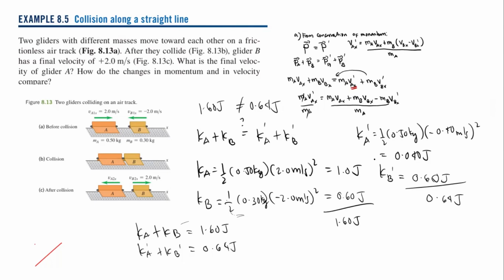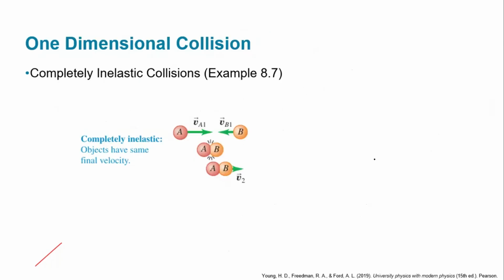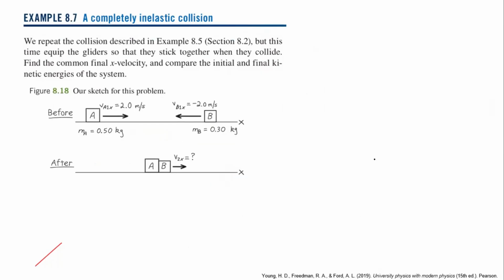Okay, I hope you understand what I mean by that. So let's go to the completely inelastic collisions. What do we mean by completely inelastic collisions? In completely inelastic collisions, they have the same final velocities. From the conservation of momentum, since this is only in one-dimensional motion, I'm going to go directly to